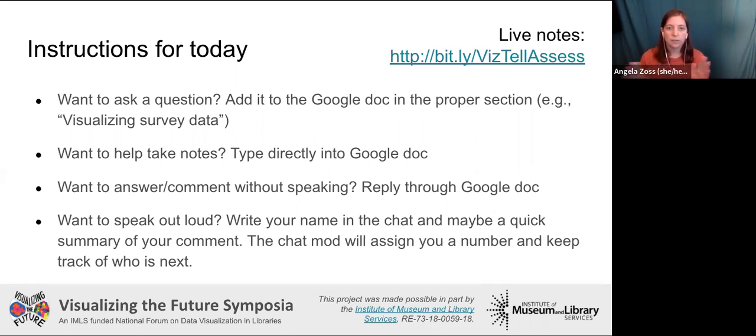the visualization of survey data. We also got some write-in responses, write-in requests for qualitative data or for text data visualization. And so earlier in the chat, somebody put in Voyant tools, which I think is still one of the go-to tools for text-based analysis that combines some visualization. I have used it in the past for student projects, and I think it offers a nice introduction to text analysis and visualization. Any other thoughts on qualitative data, on text data, on survey data, anything that's a little less standard numbers?